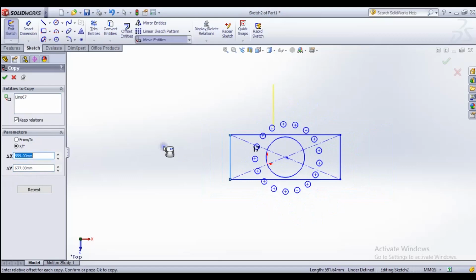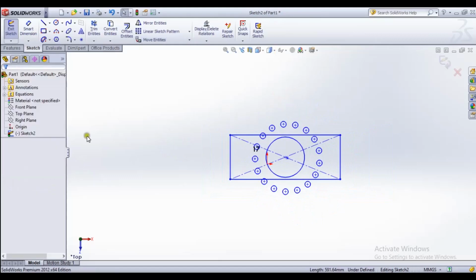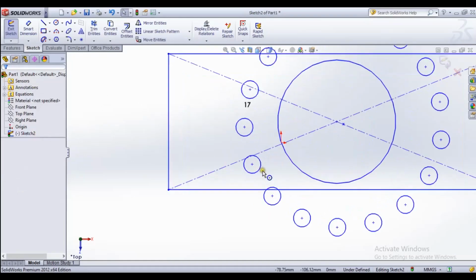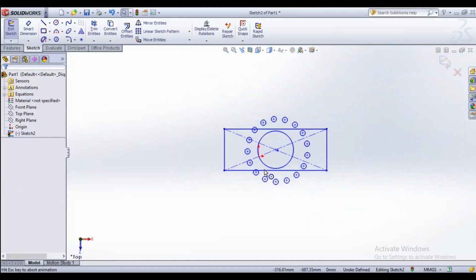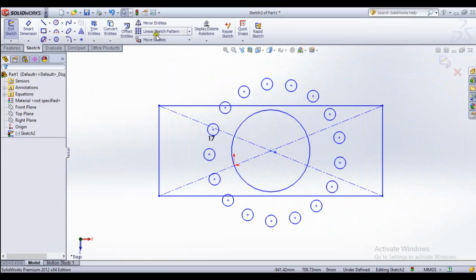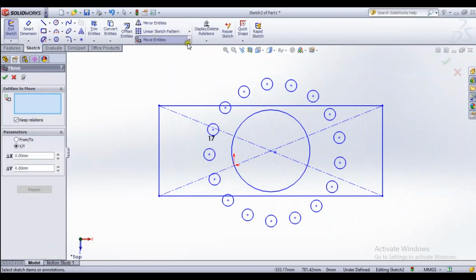Okay, you see that copy item. It's not completed. I am going to move copy item, copy entities. I am going to copy these items from x to 400, y to 250 millimeters.